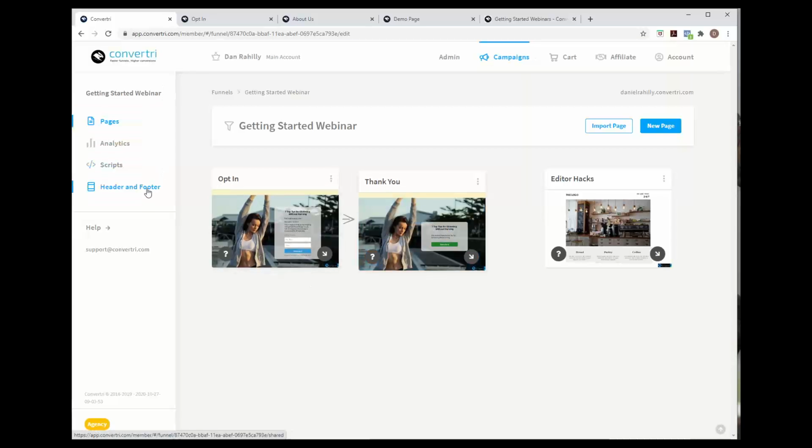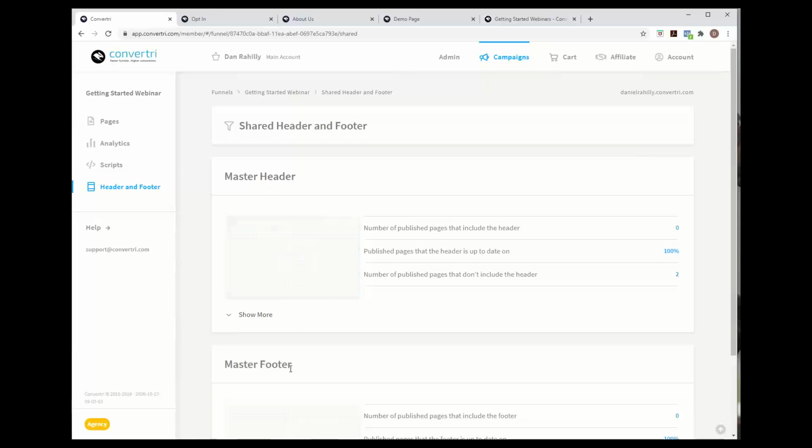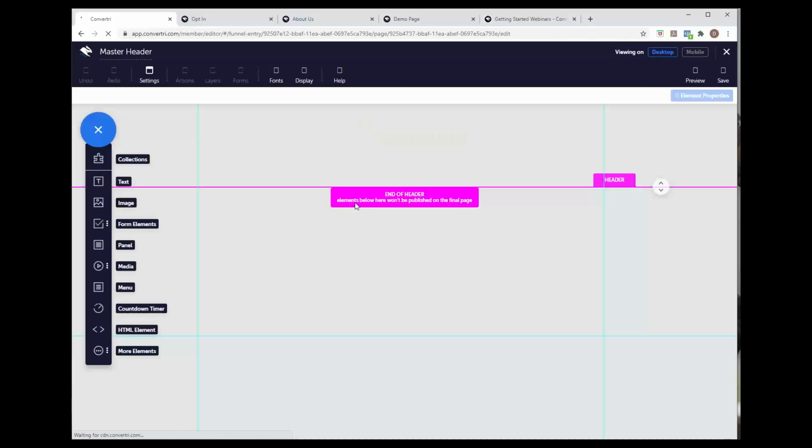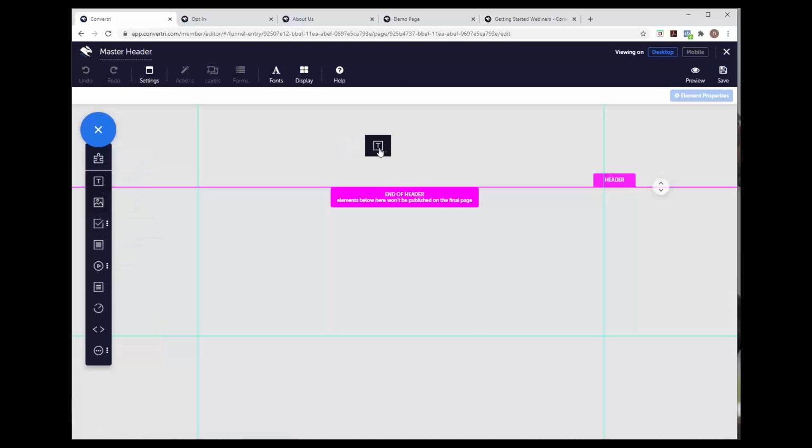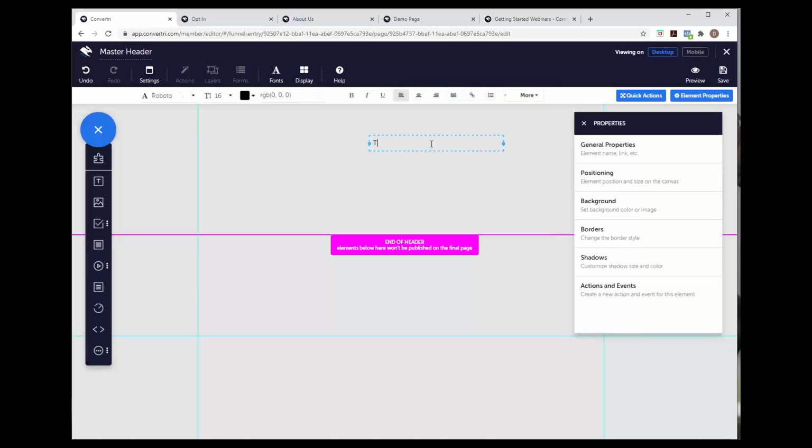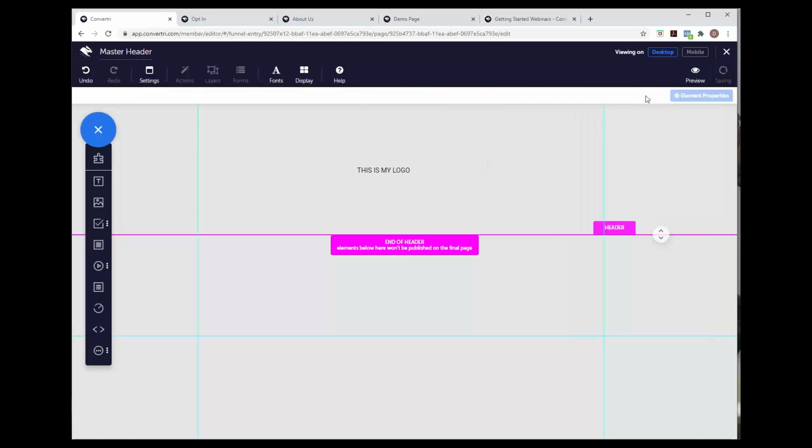And this is at a funnel level, so you have one for each funnel, and you can access them on this left-hand bar here, so header and footer. And these are your master headers and footers. So if you want to add one to your page, you can say you wanted to put a logo in. I'll just use a bit of text for this example. Let's say you just had, this is my logo. If I had this as an actual image and then click save,